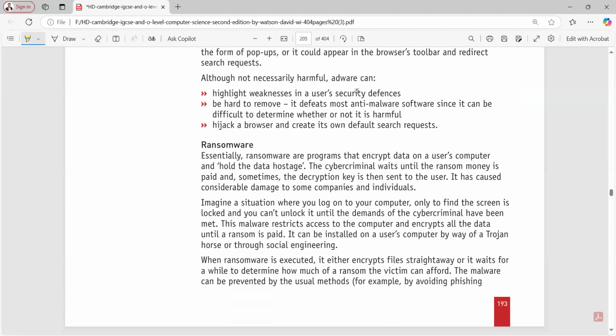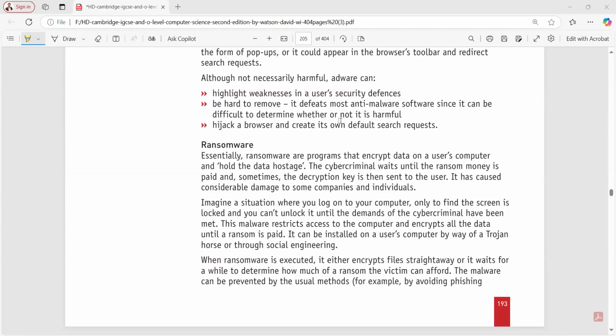Then I have the last part, that is ransomware. Ransom is like someone asking for money. What really happens in ransomware is that these are programs that encrypt the data on a user's computer and hold the data hostage. They might say that until you pay this amount, or until you complete this offer, they are not going to release your data.